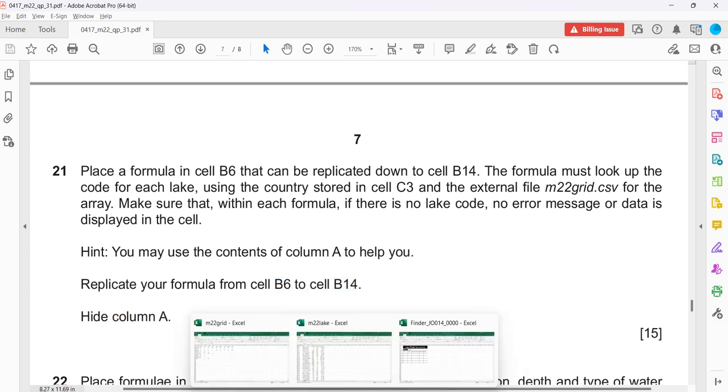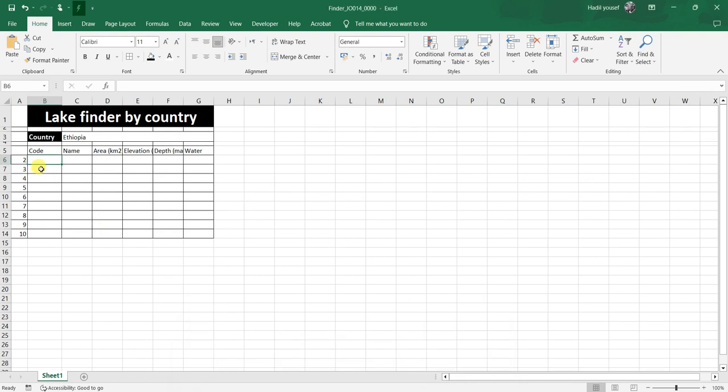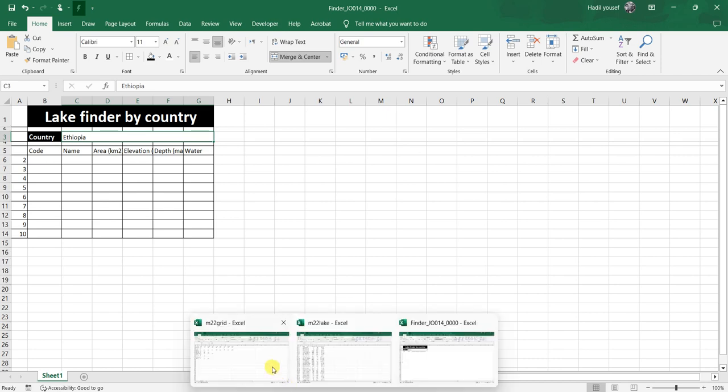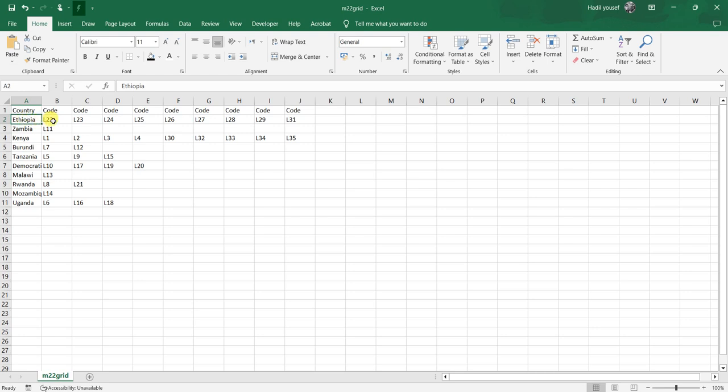Okay. Now, here in Finder, they said we can use this. Now, we will find out how. To find the codes, we can use it from here as Ethiopia, and this is the code of its lakes for Zambia, for Kenya, and so on. Now, if you see that Ethiopia and Kenya just only have the full codes as 10. Other than that, we have here just only 2, 3, 4, which means I have to take care about the non-available